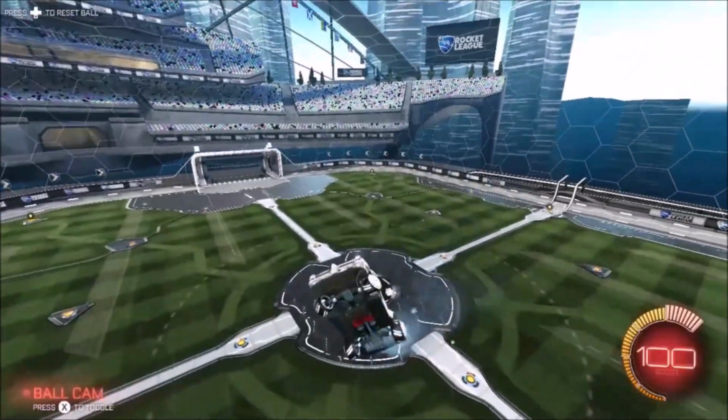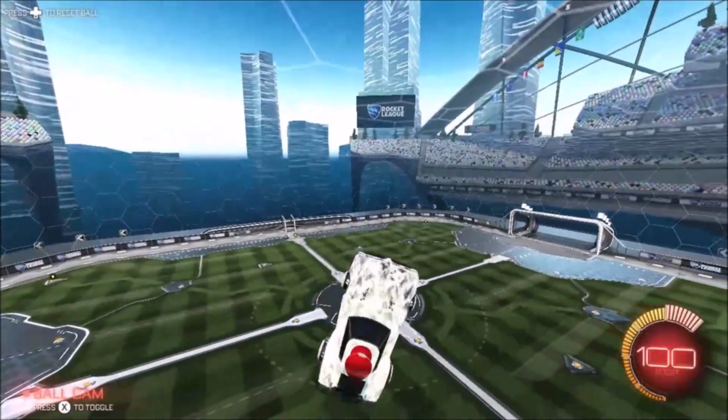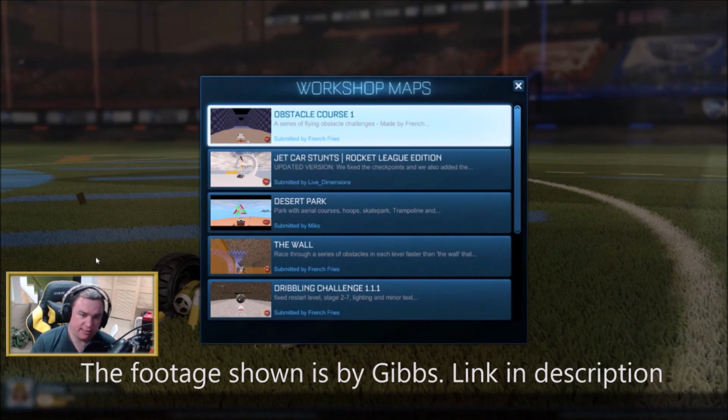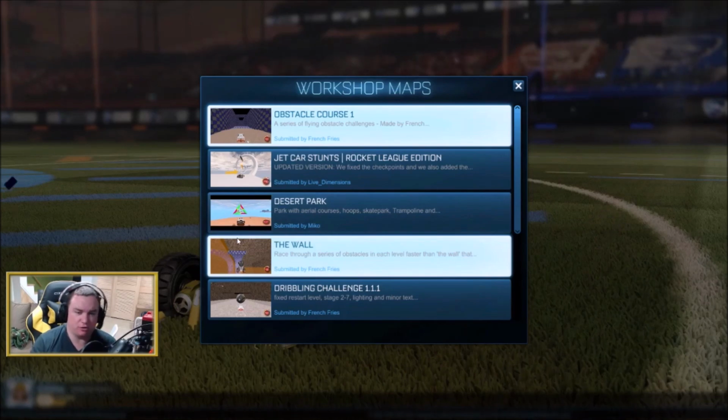Now, unfortunately, consoles do not have this feature, but for Steam players, there's also a different kind of, I guess, training packs called workshop maps, where users submit their own maps and then you can download them and play them in game. There are a lot of very good ones to improve aerial skill and just different skills overall,